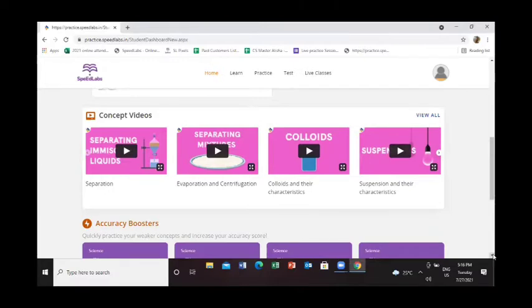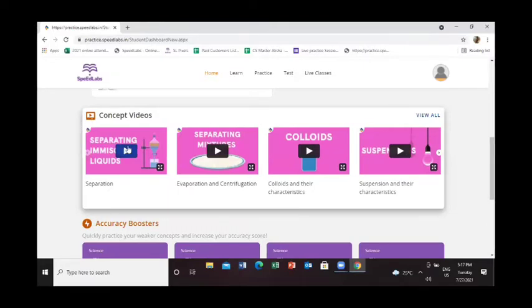Moving below, you will see there are a few concept videos also available for you. Now these concept videos, when are you going to watch them? Whenever your teacher has taught you a particular chapter in a particular subject, you can come back here and view the concepts. When you view the concept while you have freshly learned it, it sits in your head very perfectly.